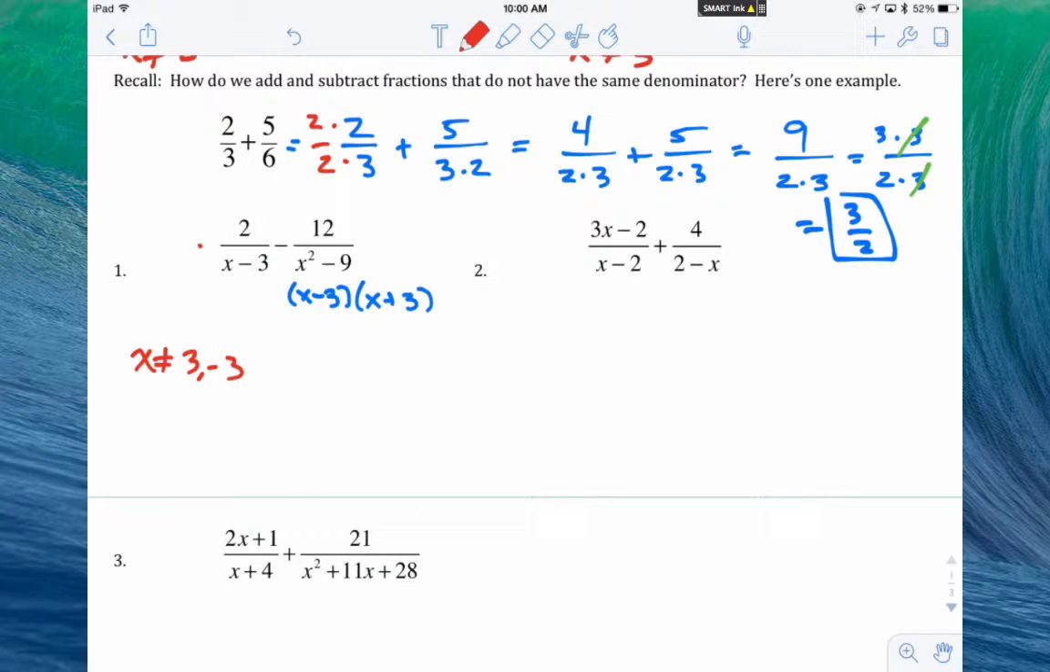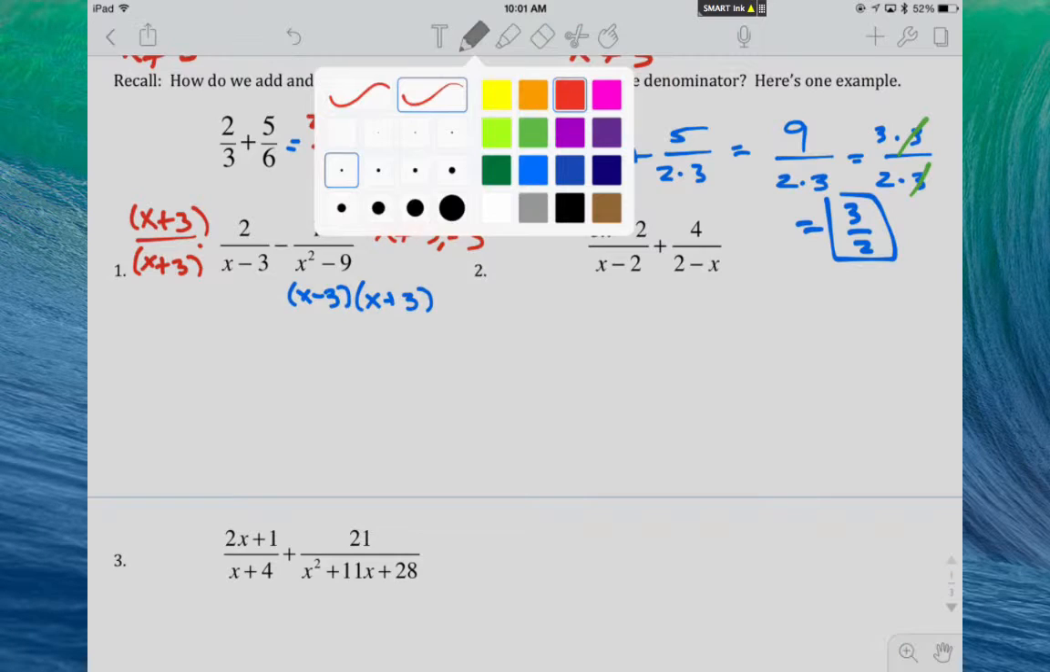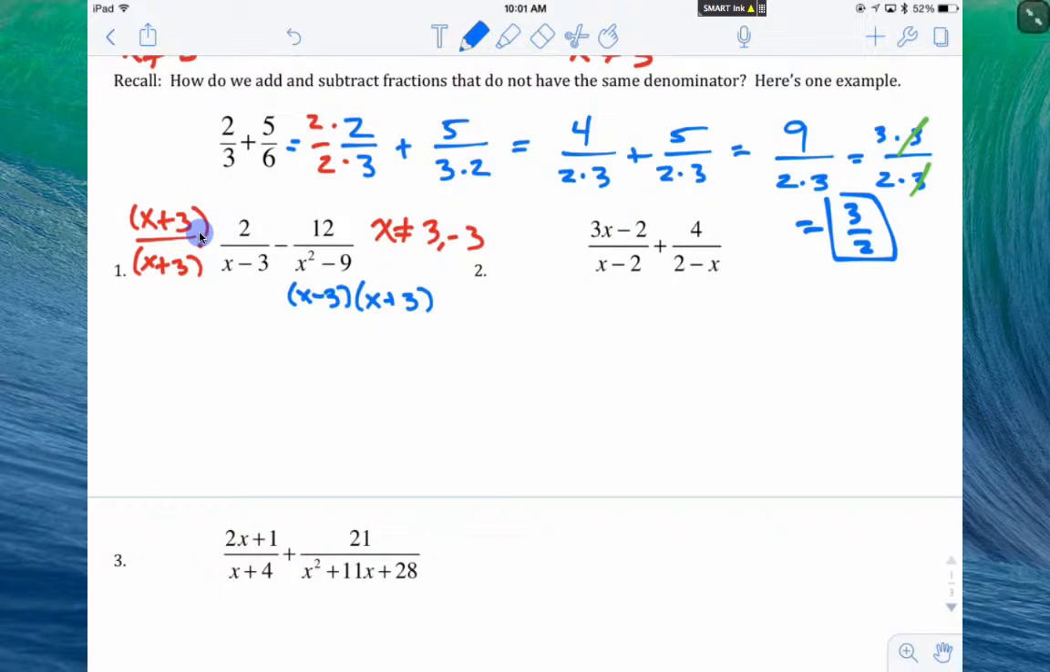We can multiply this by x plus 3 over x plus 3. Right? We have a fraction here in which the numerator is the same as the denominator. This is just 1. This will yield us an equivalent fraction, and then the denominators will be the same, and we will be ready to rock. So we are going to end up with, let's see, 2 times the quantity of x plus 3 over,